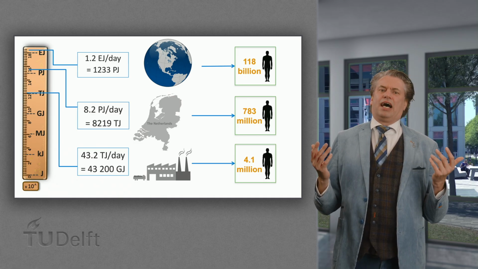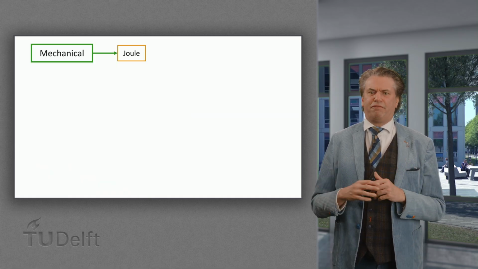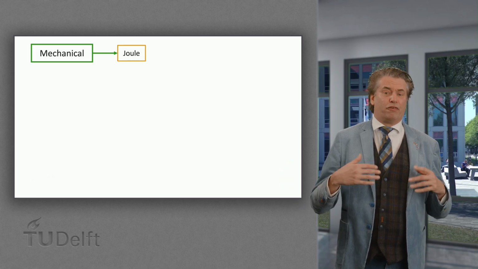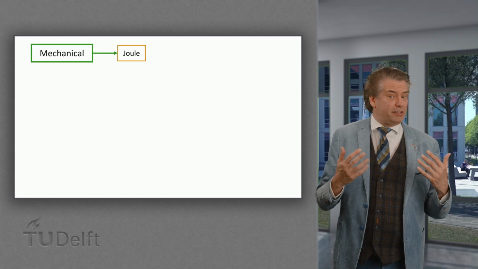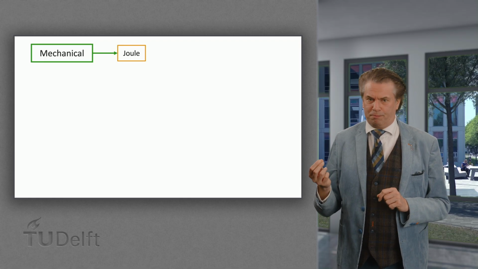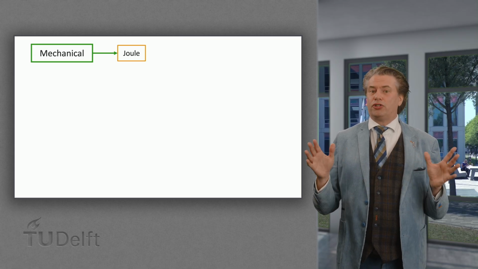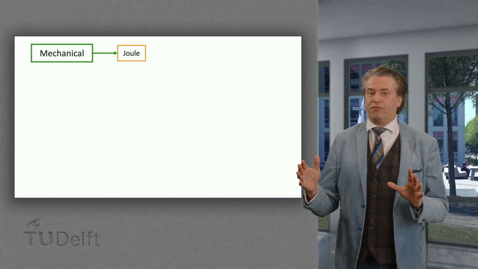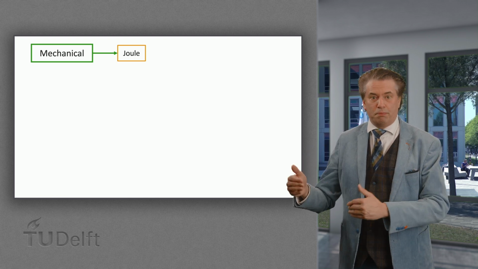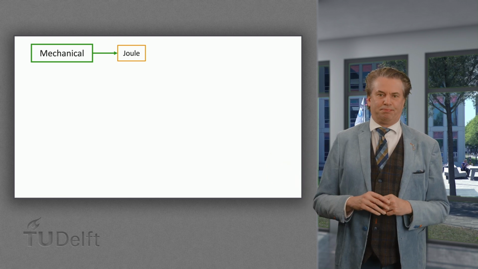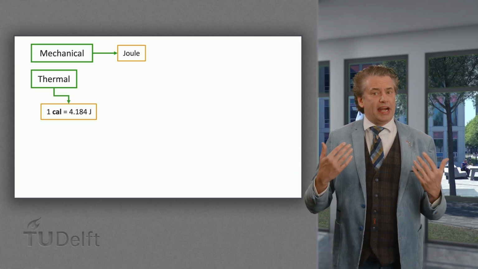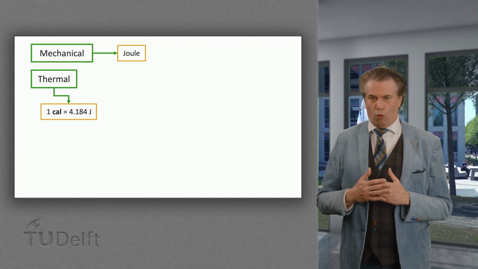We saw in an earlier slide that the joule, the unit of energy, is defined in relation to mechanical energy. However, energy has several different forms, and the definition of energy might change with each form. Consequently, industries which deal with a particular form of energy can use a different unit corresponding to that particular definition of energy. Thermal energy is defined by the energy required to raise the temperature of water.